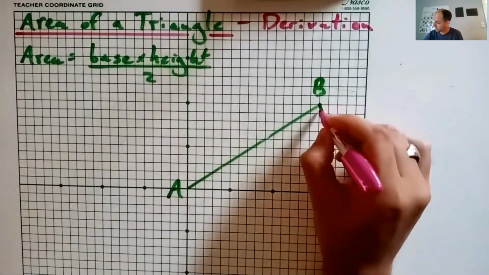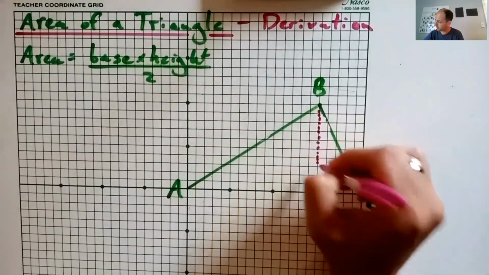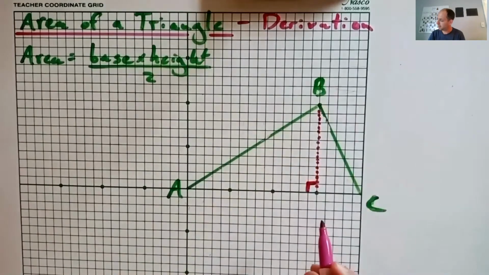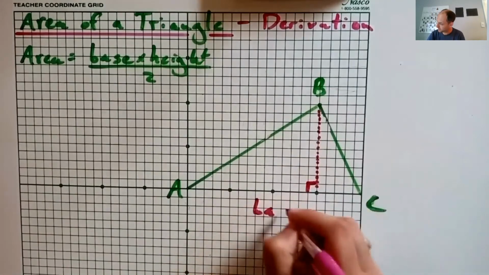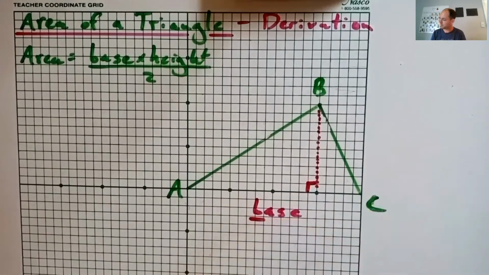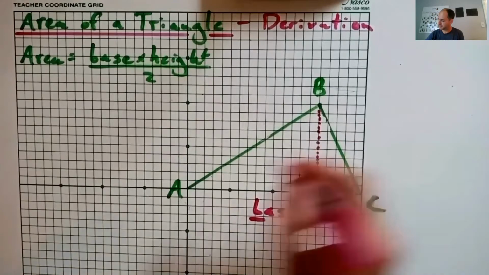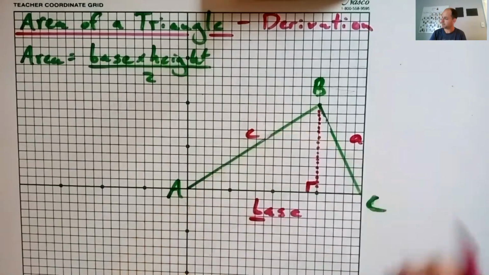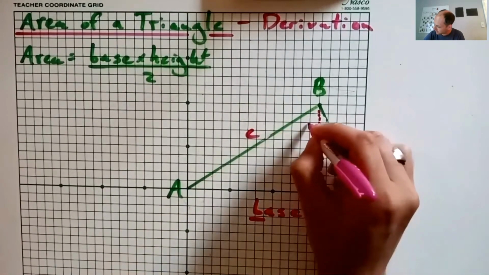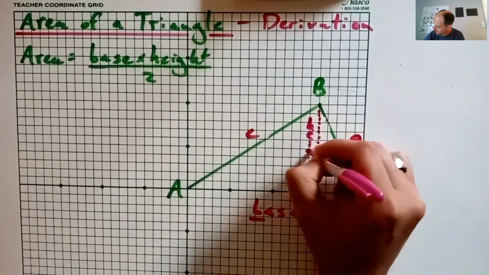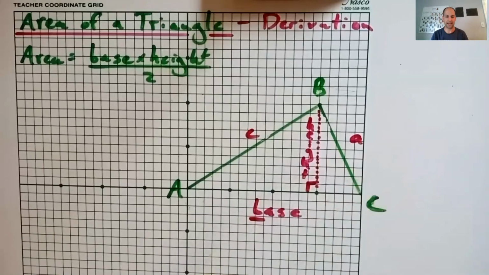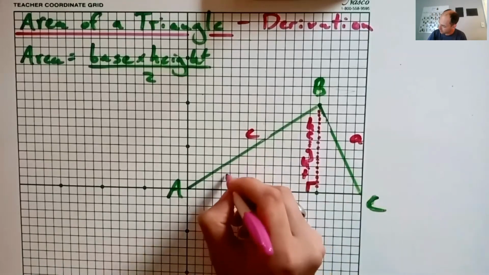The height, of course, would be an altitude coming down from point B here on a triangle ABC, and across from point B, we have the base here. I like using point B there so that the opposite side is B for base. The opposite side to point A is side A, and the opposite side to point C is side C. All right, now we have a height here, the altitude. And while we may not know it, we can still use that height to figure out what the area of